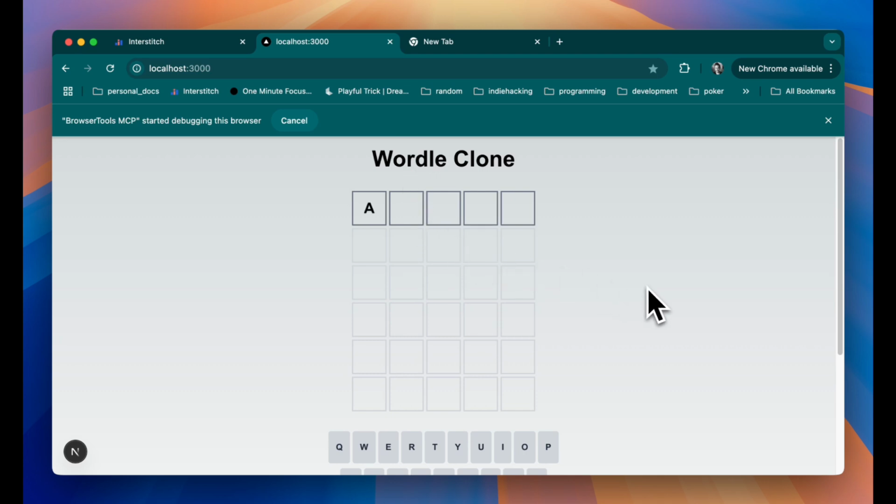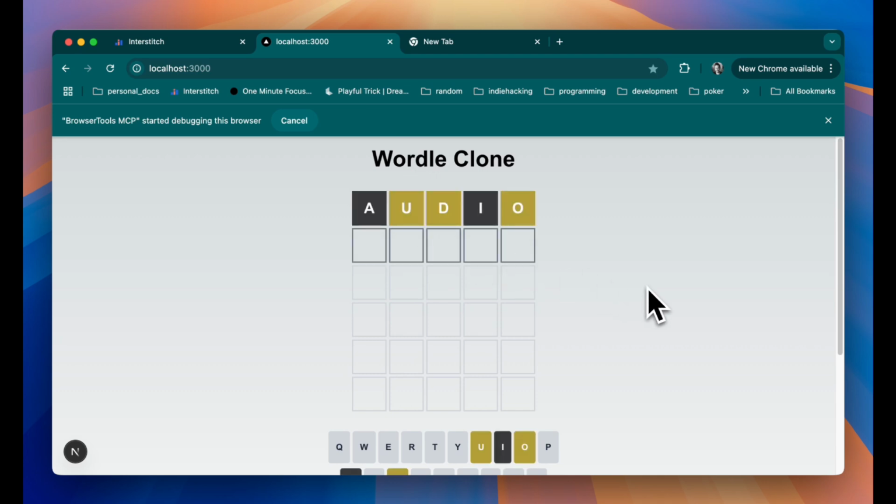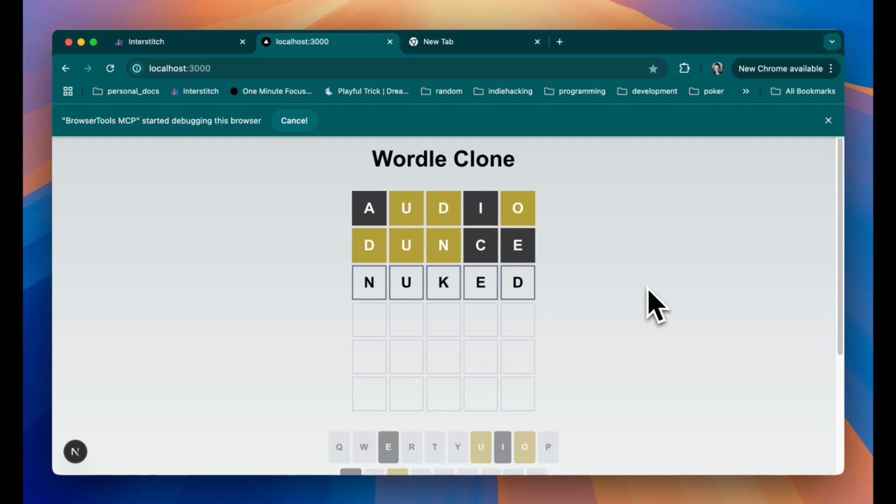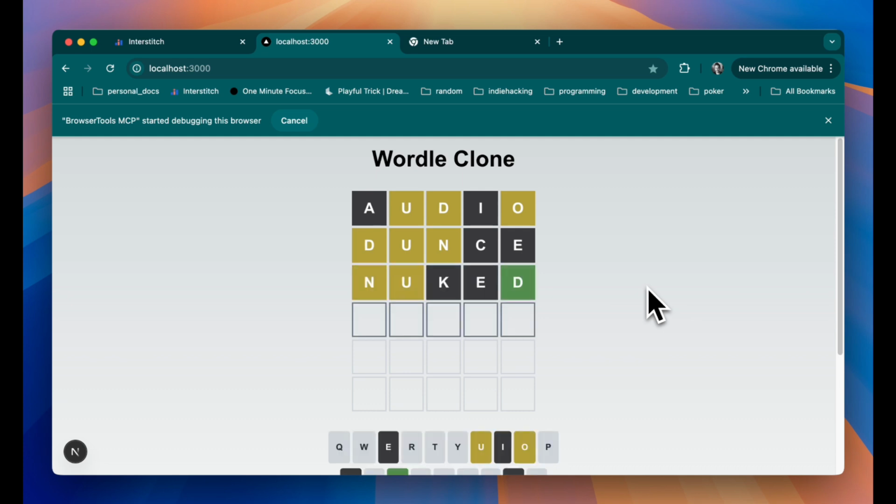But with some poking and prodding of the AI via prompts, I was eventually able to get a functional Wordle game going. Vibe coding doesn't seem to be completely hands-off yet, but it is getting scarily close.